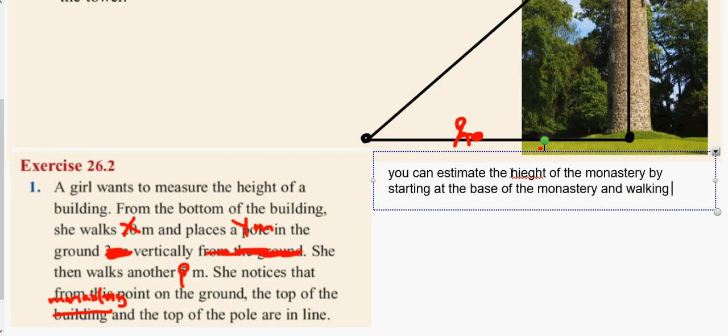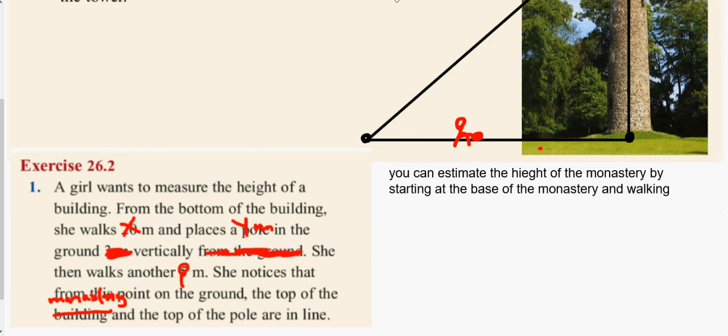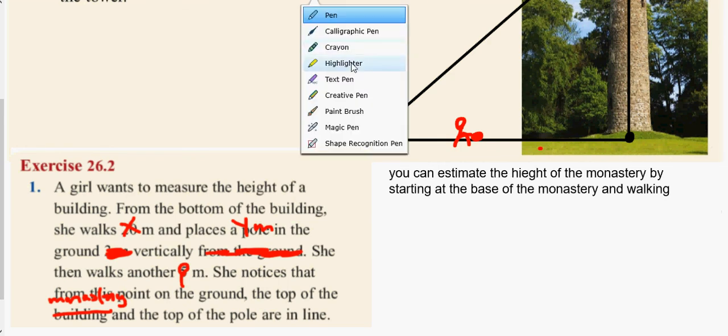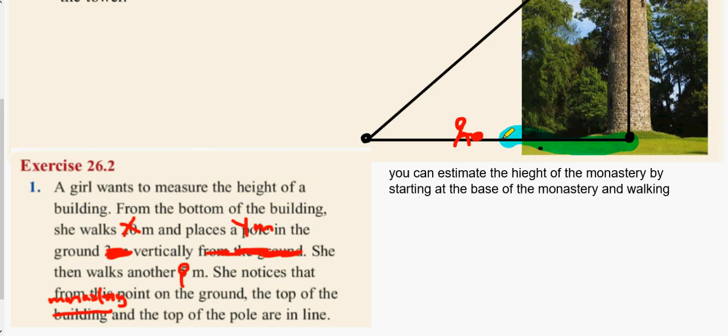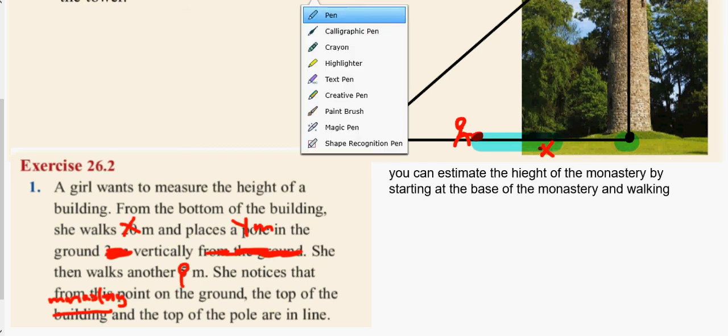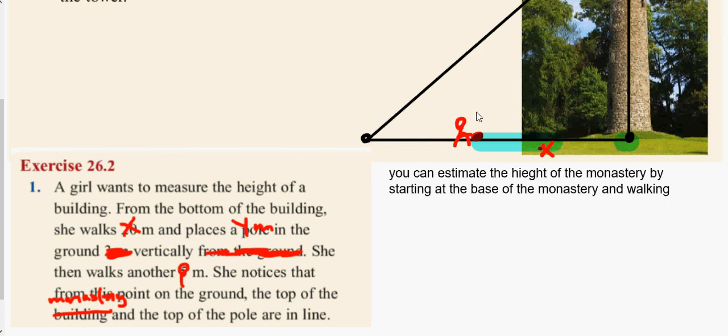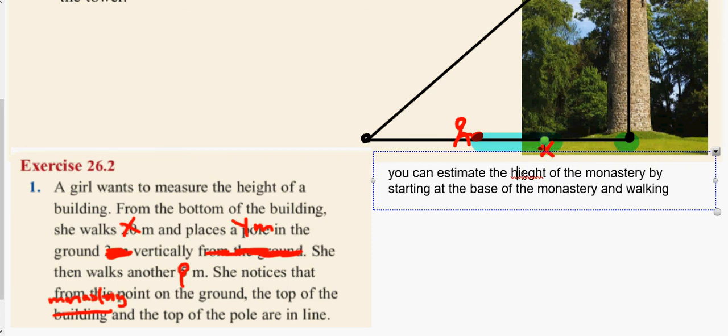Now we said here to here, so I'm going to keep doing this. The blue line, we can call that X meters. Okay, so this blue line is X meters. Start at the base and walk X meters in a straight line